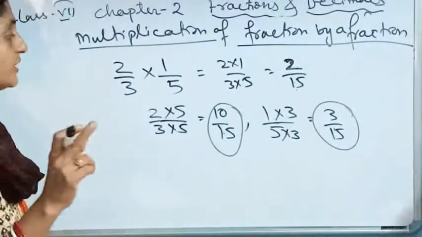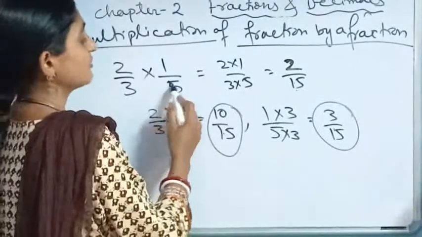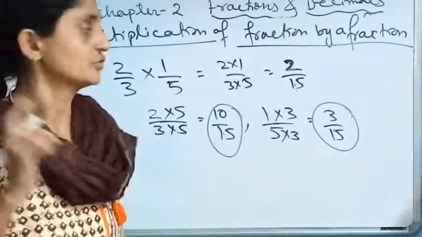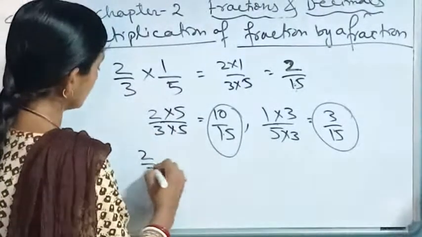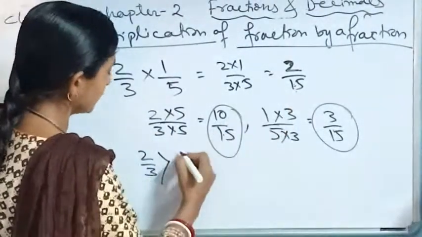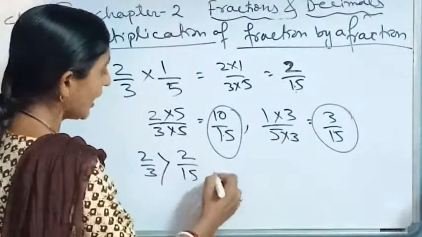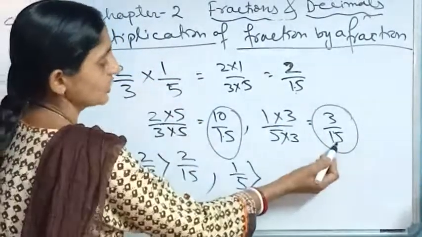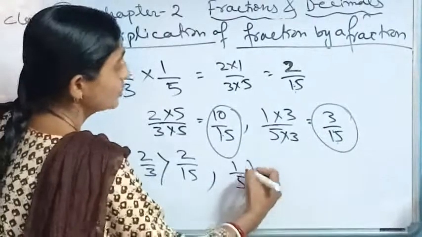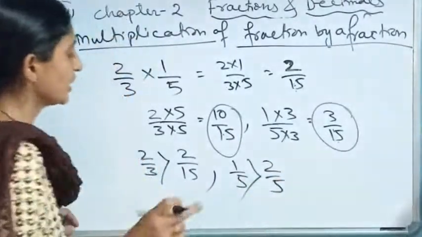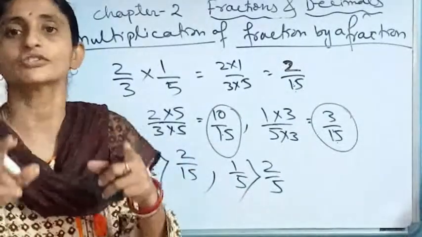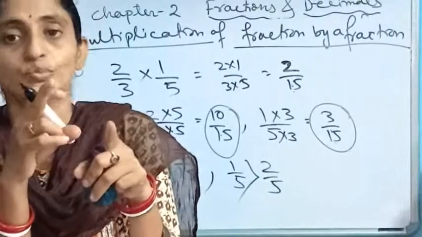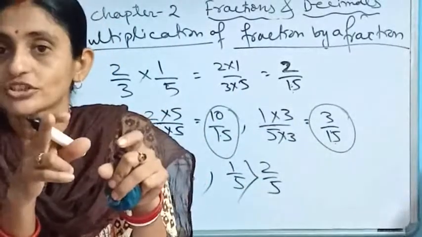No. Here you can see when two proper fractions are multiplied, the result we get will always be less than the given numbers. So what we can write here: 2/3 is greater than the result we are getting, that is equal to 2/15, and 1/5 is also greater, because when we changed it to like fractions, you have seen it is 3/15, which is also greater than that number. Okay, so one concept is clear now. In the multiplication of two proper fractions, the result will always be smaller than each of the fractions given.